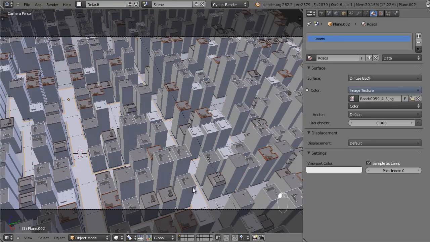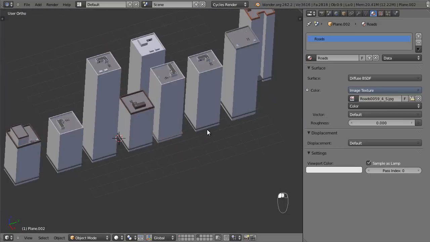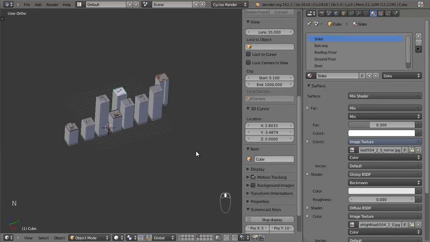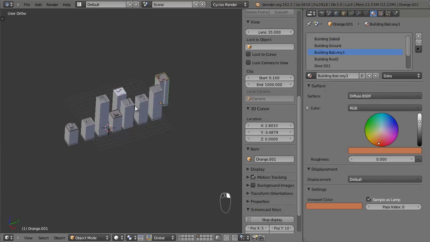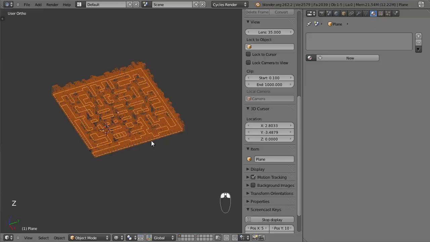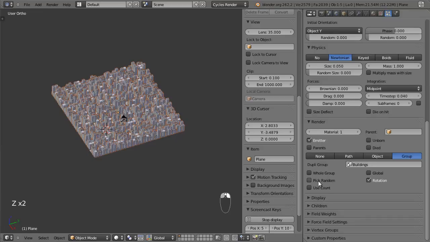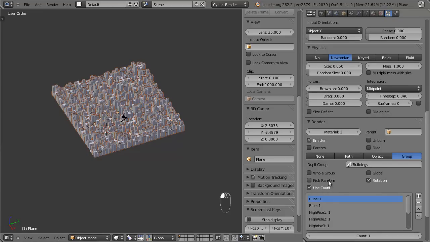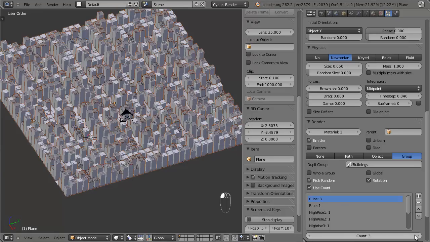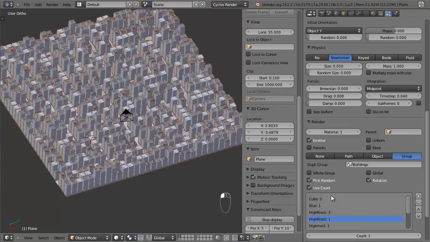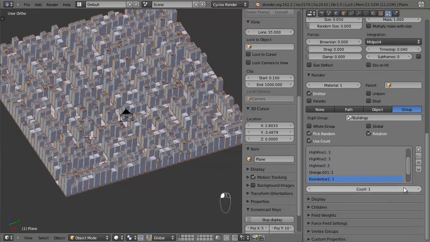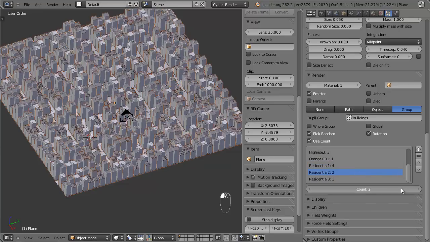is I'm just going to go back to our original buildings over here. And you can see that the buildings have names, so you've got cube and whatever else. This one is called orange, and then this one here is called blue, okay? So what I want to do is, with our particle system here selected, if we go down and click on use count, and also you can click pick random as well, I should have done that, so pick random. You want to increase the count for all of these buildings except for blue and except for orange. So if we just increase all of these to 3, except for orange, like that, 3 or 4 doesn't